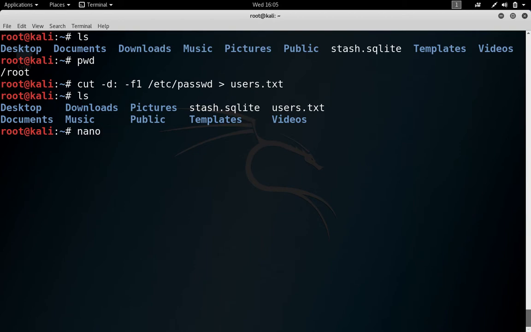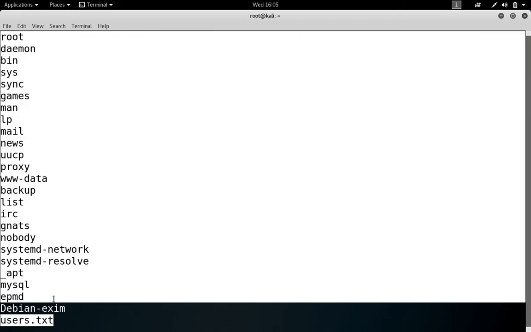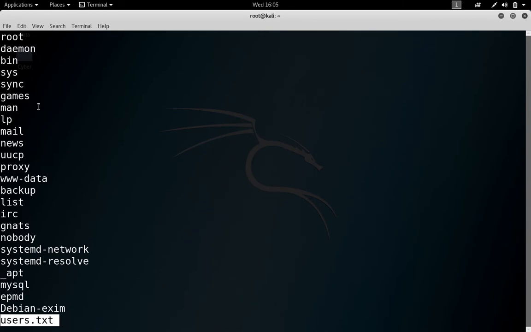Open it with nano, or you can also use the cat command, and there is one more command, less users.txt. It will show users only up to this screen. Then you can press enter or the arrow key to see all the users. This shows only as much as can be occupied on the screen.